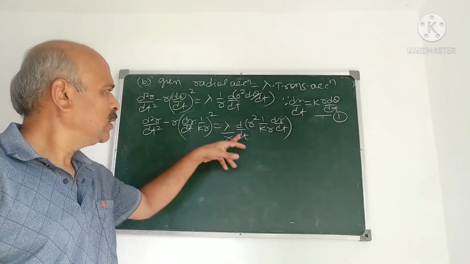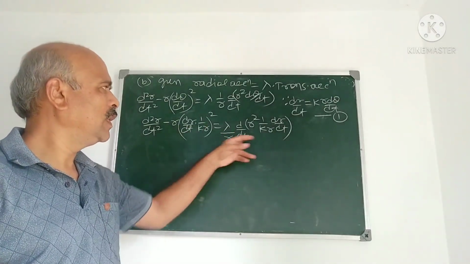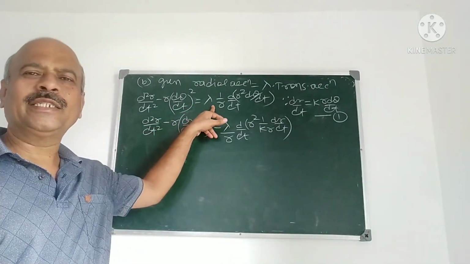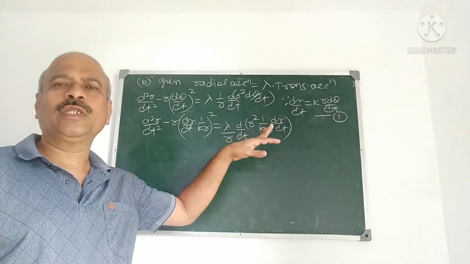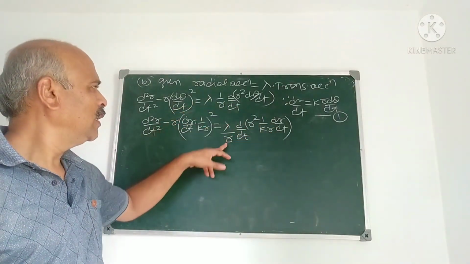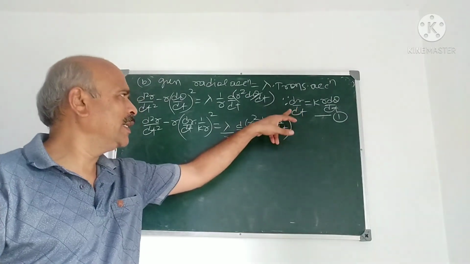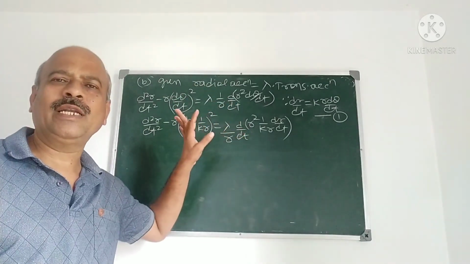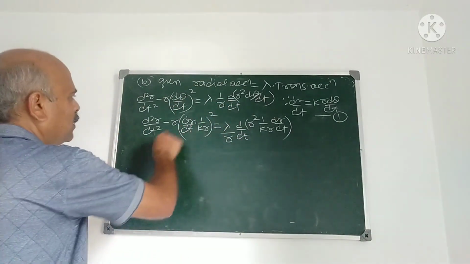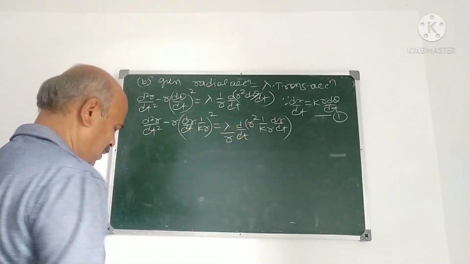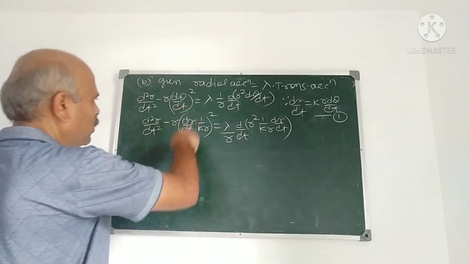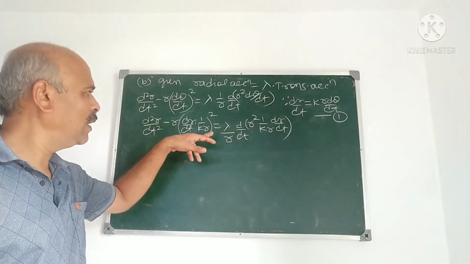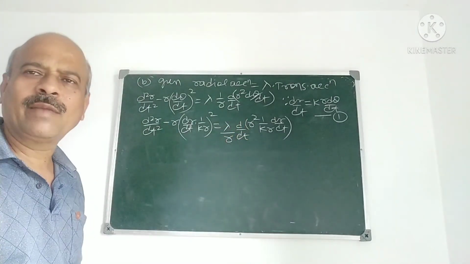What I am going to do is, I find out dr by dt here. Because when the second condition is given, velocity is proportional to some power of r. From the second condition, we find out dr by dt. Of course, here dr by dt is there, but not that dr by dt. If this is the condition, what is dr by dt? We find out. For that, simplify. Here I substitute d theta by dt. Next step is, we have to reduce this to a second order differential equation in dr by dt. See, we reduce this to an equation in dr by dt.